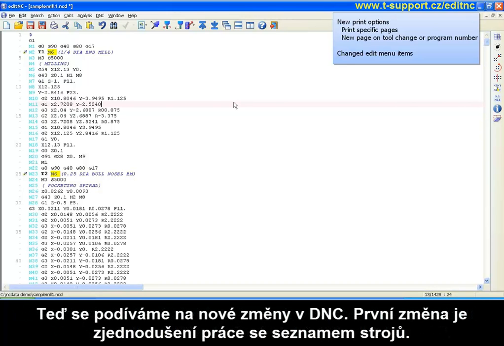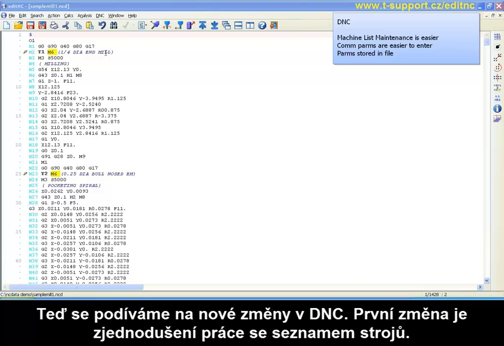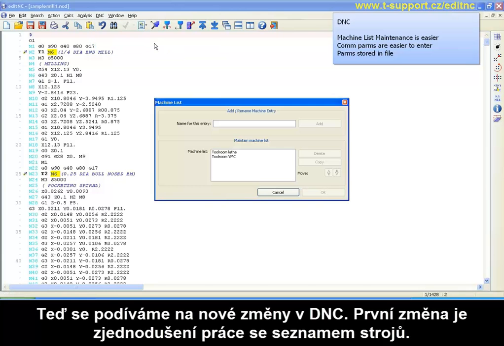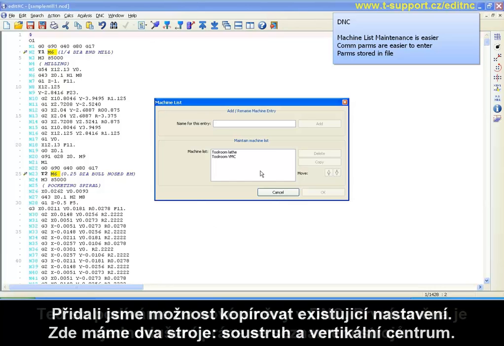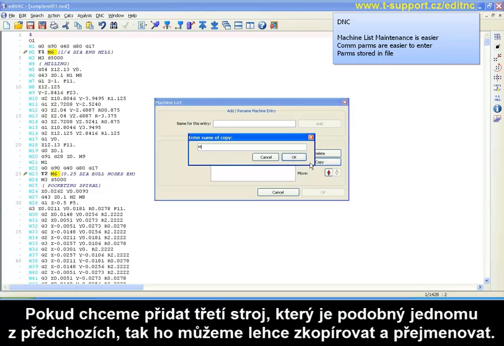Now let's look at some of the new DNC changes. First of all, we've made changes to the machine list maintenance dialog, made it, I think, a little bit easier to use, added some features. For example, the ability to copy an existing configuration. We have two machines defined, a tool room lathe and a tool room VMC. If we have a new machine to add and it's similar to one of these, we can select that, copy it, give it a name,